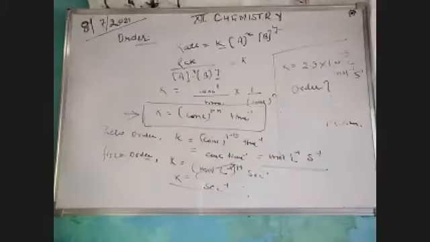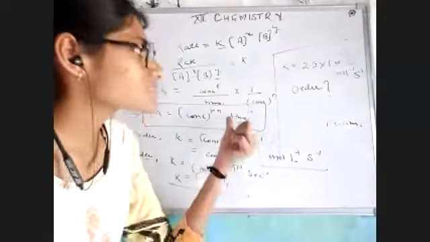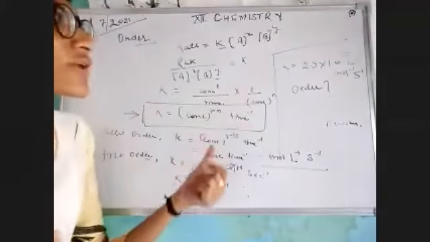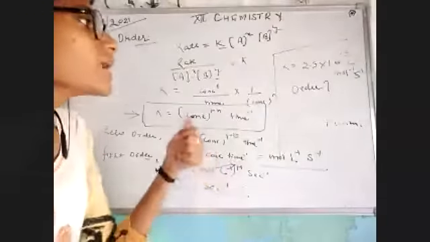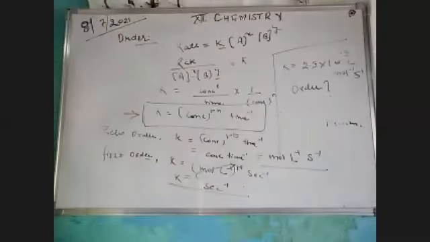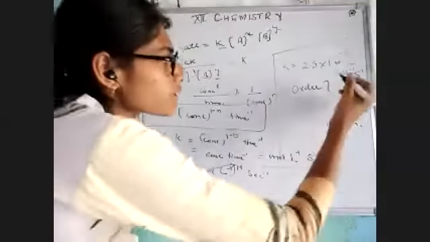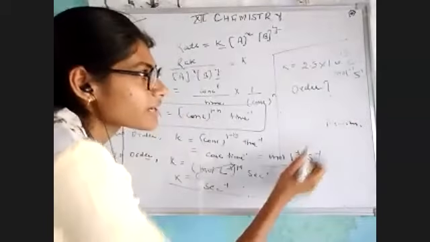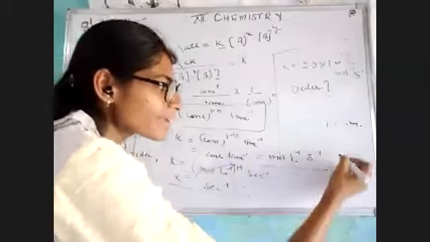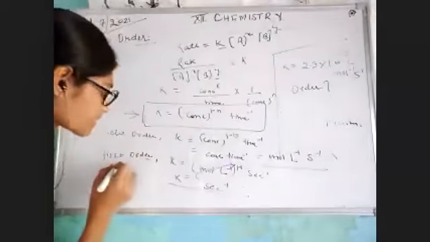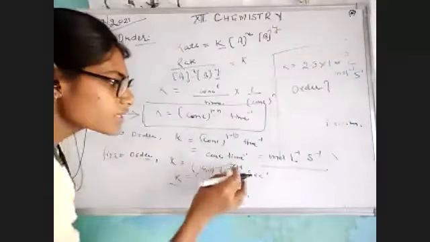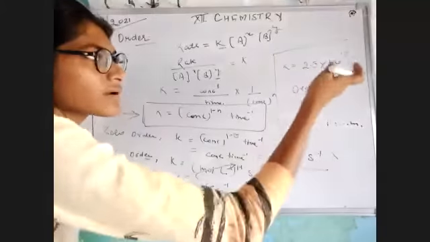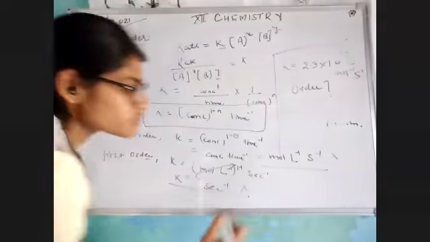Now please describe to me, how can you find the order? As I have told you, you have to just remember this general formula. We will put our equation in this general formula, and we will see how it is possible to calculate the order. Now, if I use n is equal to 0, it would be mole per liter per second. But my answer is given as liter per mole per second. That means not possible. If I'm taking first order, that means n equals 1, it would be per second, but my answer is given something else, so it's not possible.